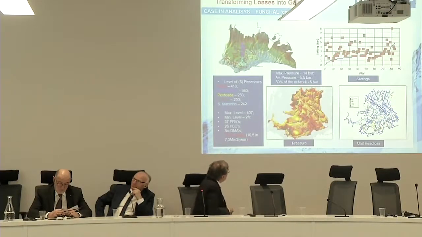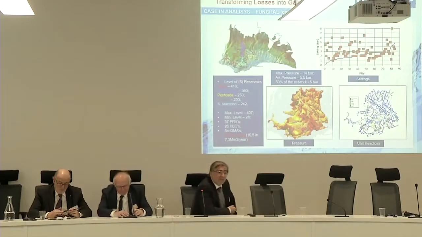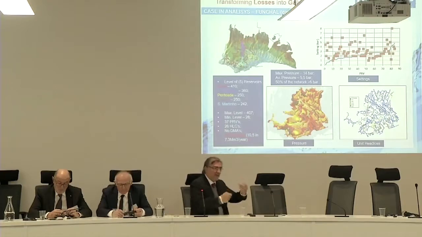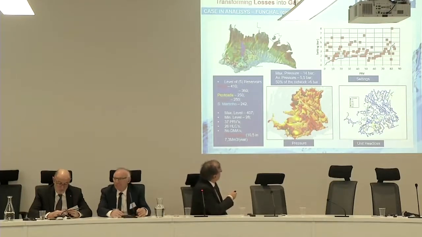This is the situation of the pressure. The red is above 6 bar, which is illegal in Portugal. The black zones are above 10 bar, which is much more illegal. So 50% of the network is illegal. Average pressure, 5.5. And here, 98%, except for the main city with hotels and so on, but the majority is low-level buildings. So we have a hydraulic problem.